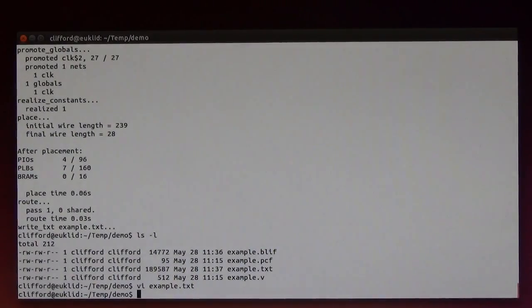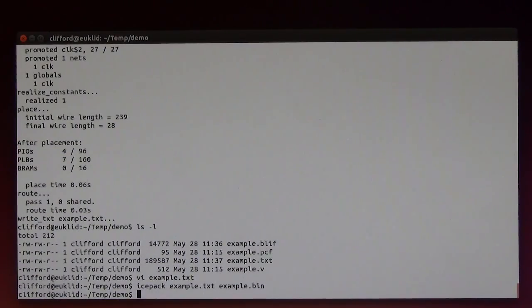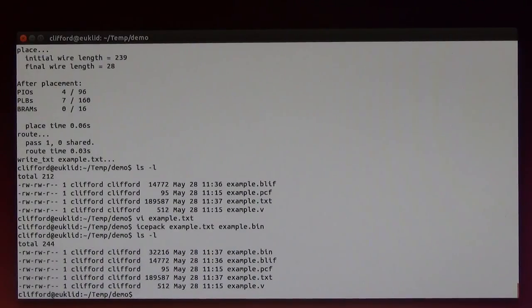So finally we need to convert this text file into a bitstream file for the FPGA. Here I'm using icepack. That's one of the tools from my IceStorm project. Input file is example.txt, output file is example.bin. This created an example.bin file. So the only thing left to do is now to program this bitstream file into the FPGA. There's another tool from IceStorm that can be used for this, iceprog,